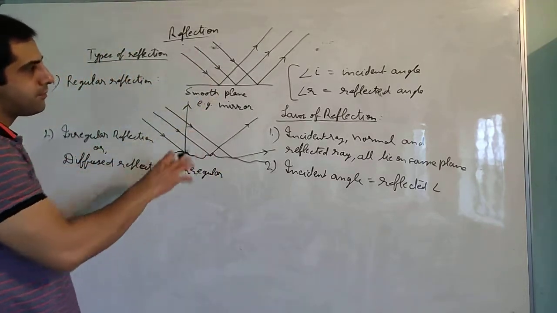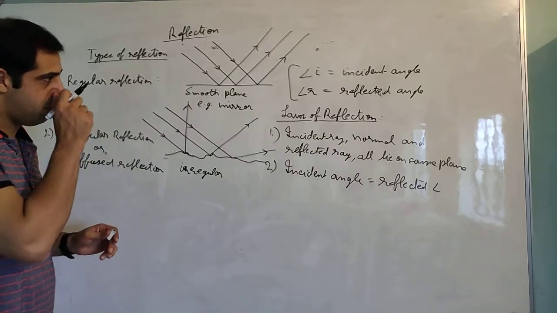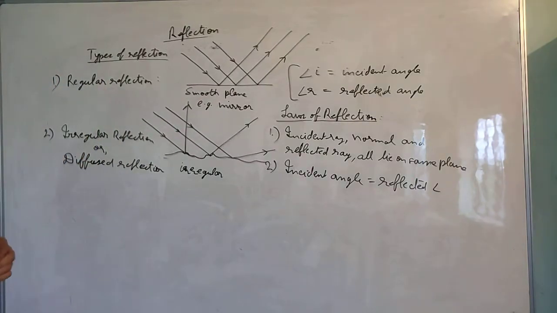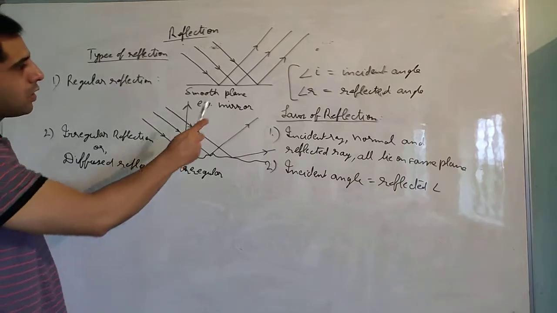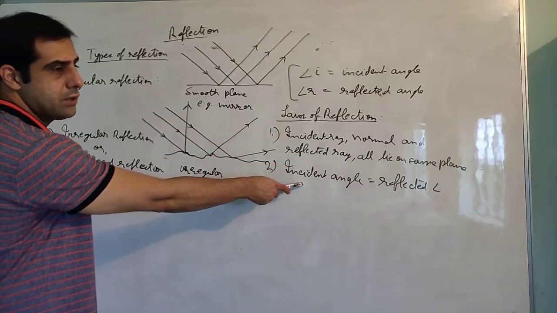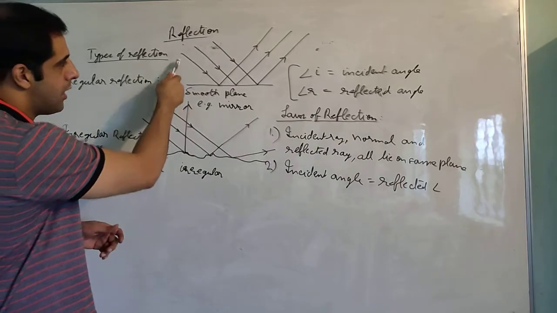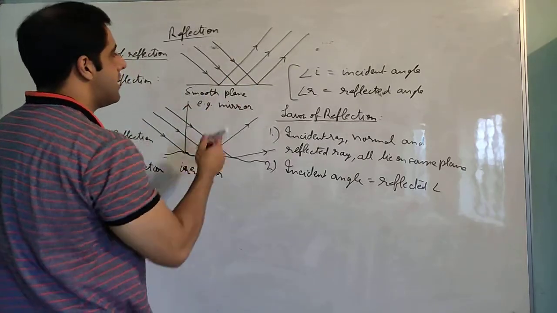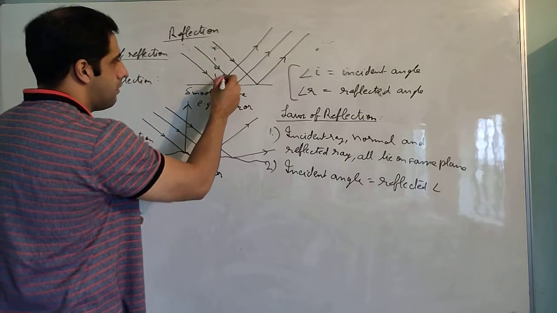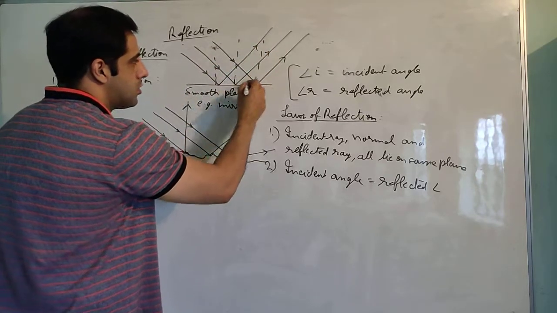Now it might seem, and this is a very important point, notice this very carefully. Now here it might seem that the laws of reflection, these two laws of reflection, are being followed in this diagram. That is easy to see. You have incident rays, you have reflected rays. On each reflection you can draw a normal also.